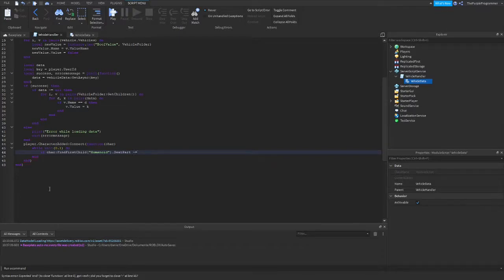If the thing is not nil, then if character dot find first child humanoid dot seat part is equal to, oh my god, what's wrong, dot humanoid dot seat part dot parent dot primary part. Then